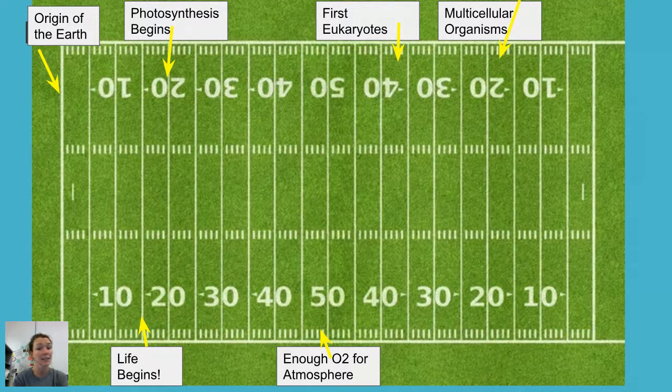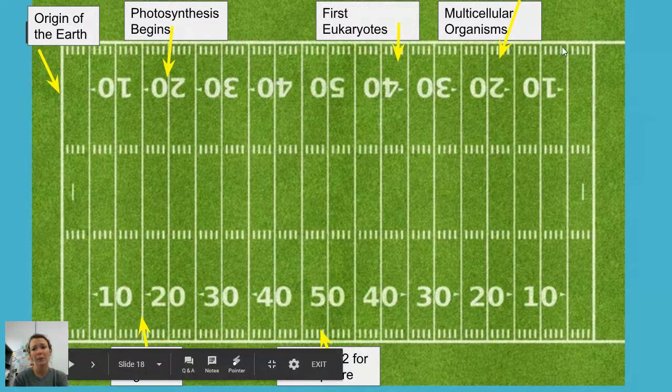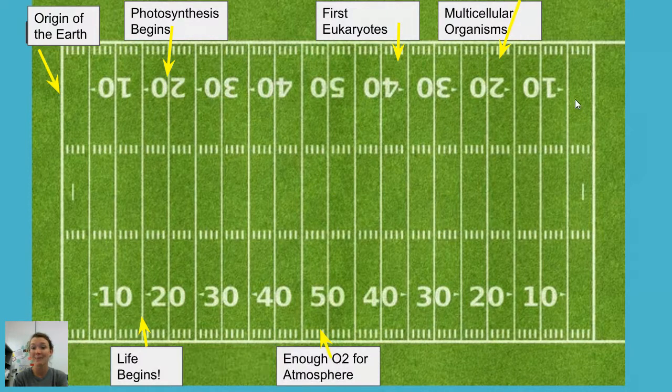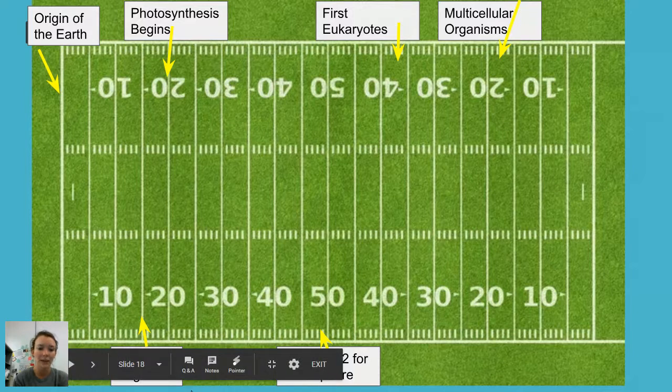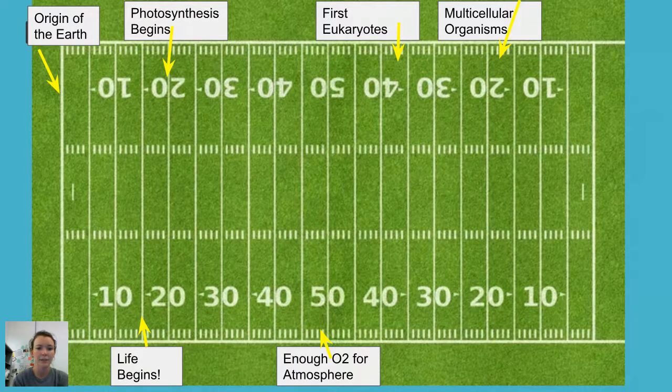Dinosaurs, so this is nuts. Our first dinosaurs actually would appear at this 95-yard mark, or 5 yards away from the end zone. So all of dinosaurs, all of those crazy things that you think of from prehistoric times, all of that happened right in this little range, right before the end zone, so close to where we are right now, as opposed to where we started, which is really nuts if you think about it. Okay, so then